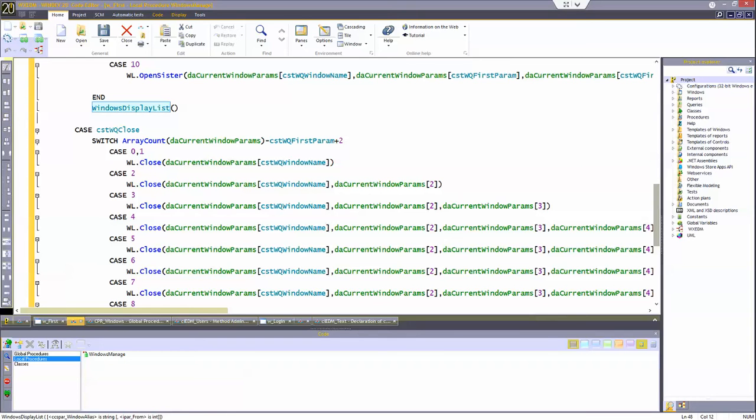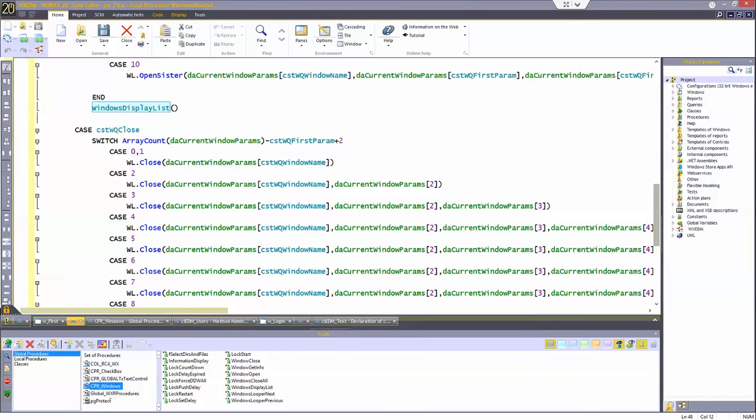We are going to continue talking about WxEDM. In the last session we stopped while trying to understand the different functions of the Windows family of functions. These functions are stored in the global procedure collection called CPR Windows, and I'm going to go on them right now. There we are. So that's all the procedures that are managing